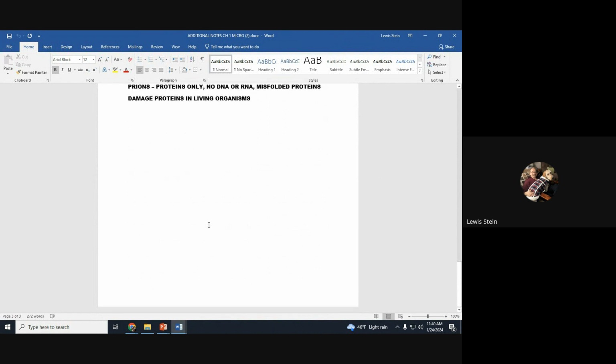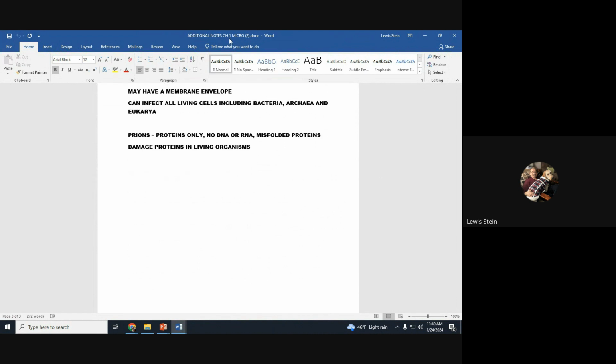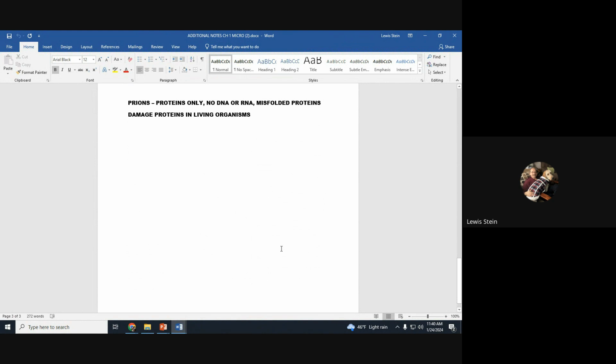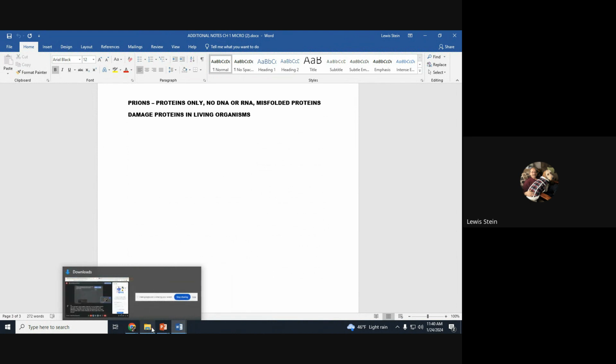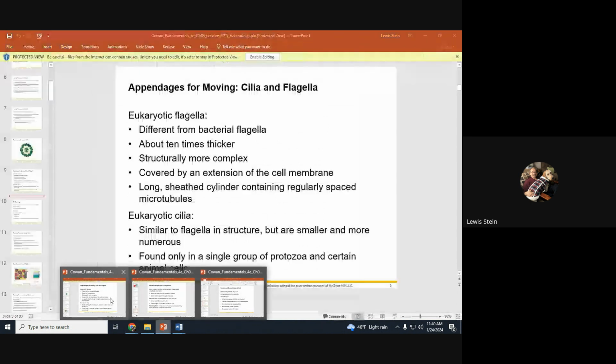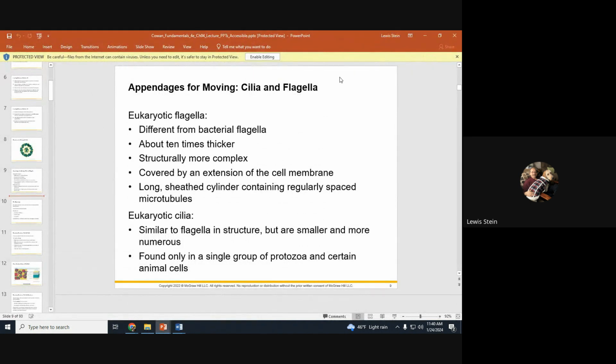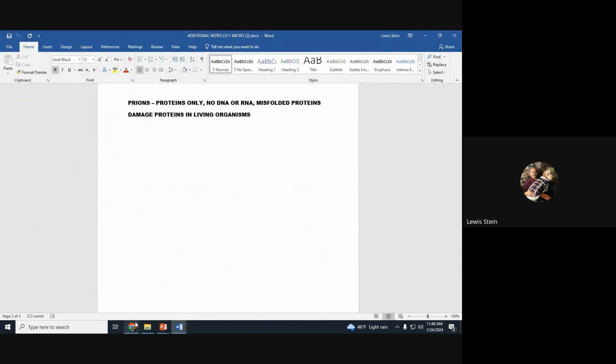So that handout's there. You can see additional chapter 1 micro. It's got that little parentheses 2, and it's right on the blackboard. So have that. You have the historical figures. You have the stuff with the resurgent and emergent diseases, all on handouts. Because I was doing all that typing when we were doing that other stuff. I've got to make sure that this is not the right one.